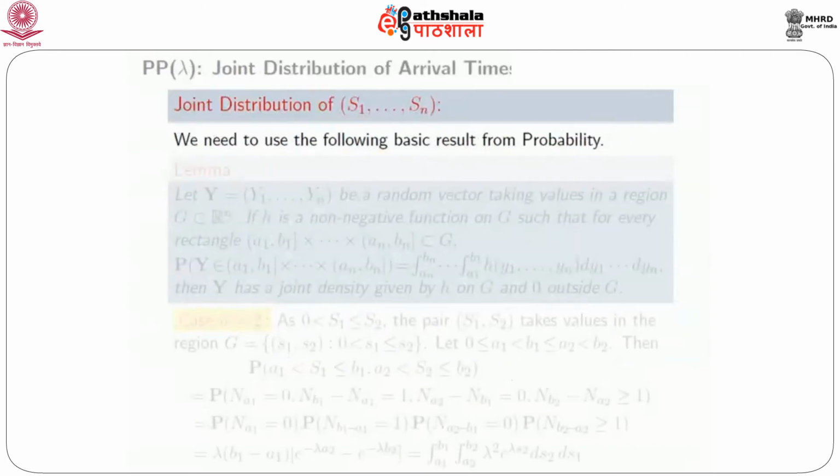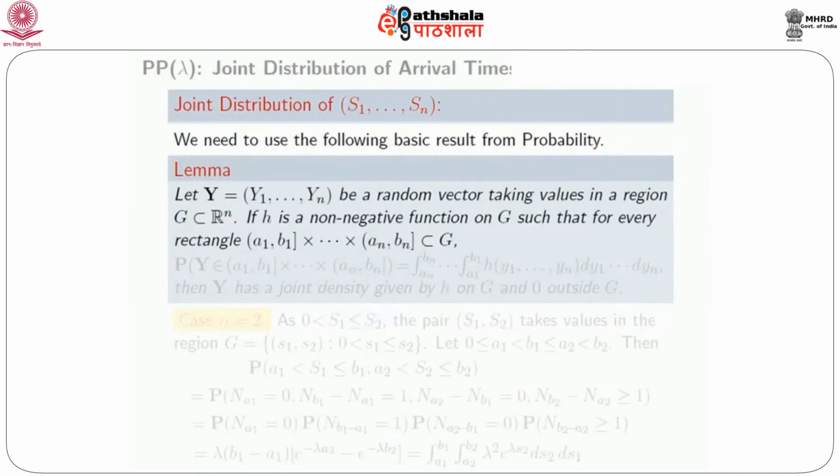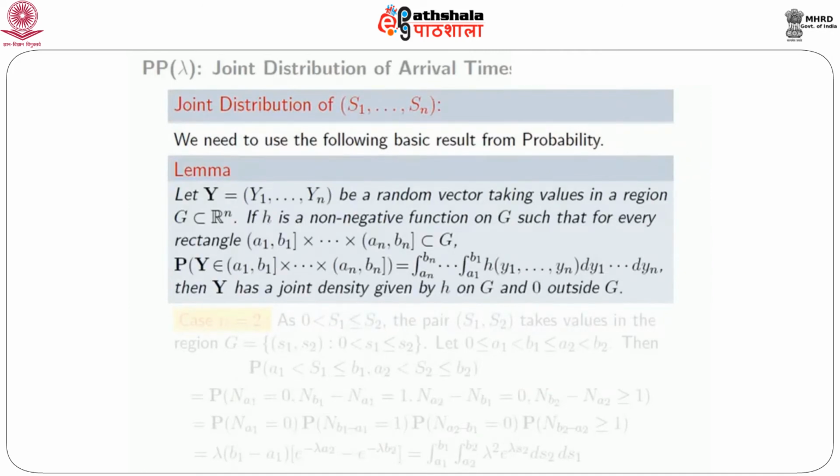Having obtained the distribution of S1, the next step would be to find the joint distribution of S1, S2, ..., Sn. What we need for this is a very basic result from probability, which is this lemma. Suppose Y = (Y1, Y2, ..., Yn), boldface Y, is a random vector taking values in some region G in R^n, so it's an n-dimensional random vector. Suppose I have a non-negative function h on G such that for every rectangle, that means a set of the form (a1, b1] cross ... cross (an, bn], open on the left, closed on the right,